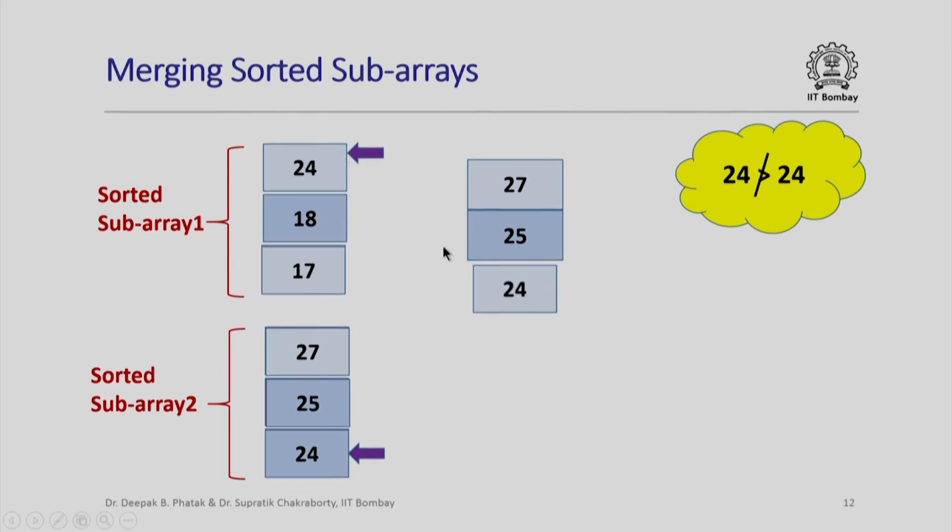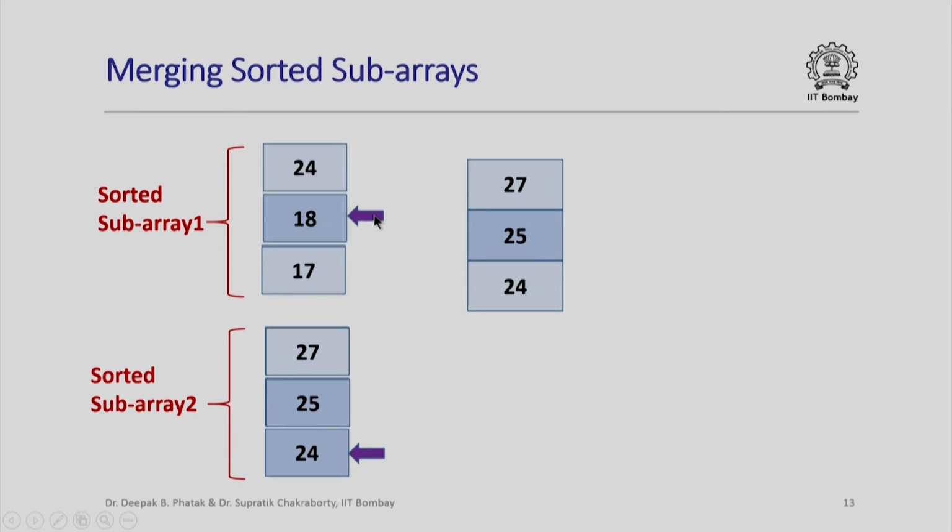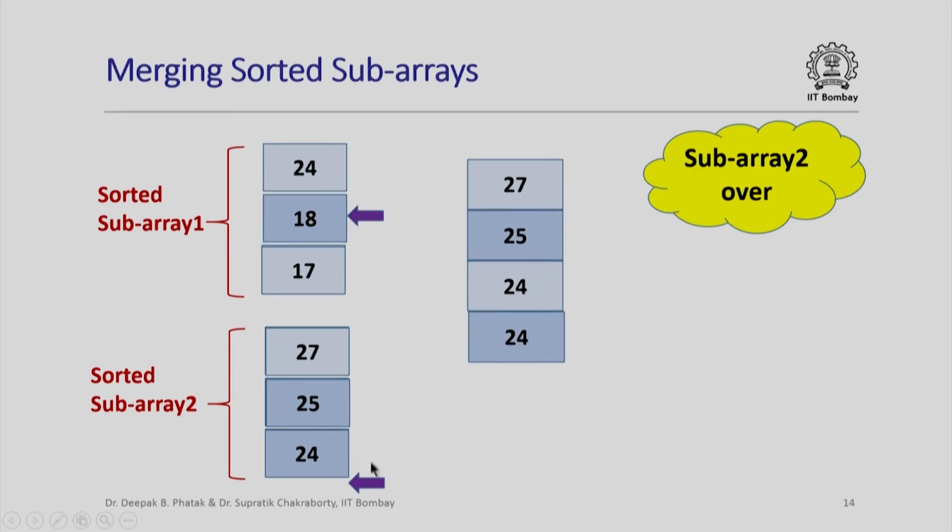So this element now comes down from that array and occupies the next position, and of course this index comes down over here. Now I am looking at this part of the subarray. I have already dealt with that element and I know this part is sorted in decreasing order, and I am also looking at this final part of the subarray which is also sorted in decreasing order. So I look at the topmost elements, which are the maximum elements in these subarrays, and here it is 18, here it is 24. Since 24 is greater than 18, the next element to go should be this 24.